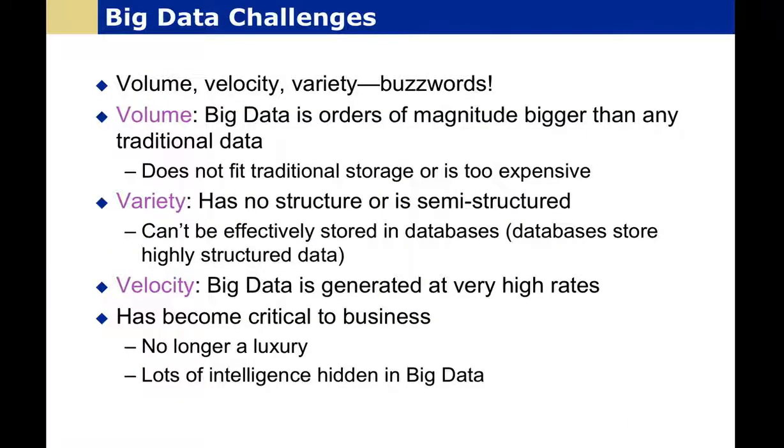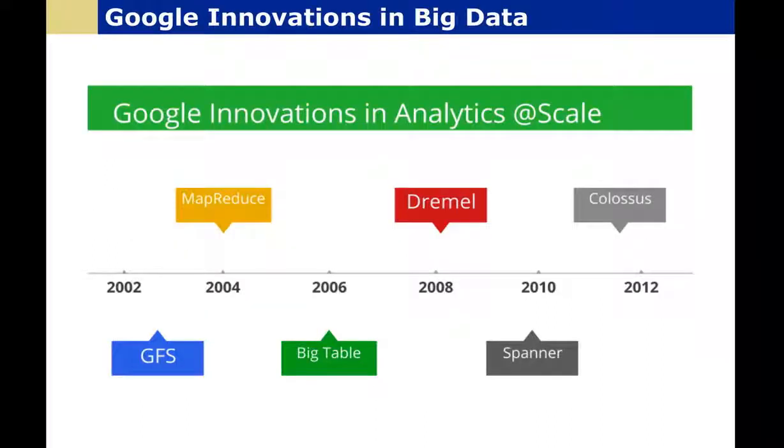Now, Gartner came up with the 3 V's of big data, and most of you are probably familiar with those: volume, variety, and velocity. And those still accurately describe the challenges that we have in big data today. Now, Google started things off by publishing a couple of white papers that fundamentally changed the way we look at big data sets. These were Google File System, known as GFS, and MapReduce.